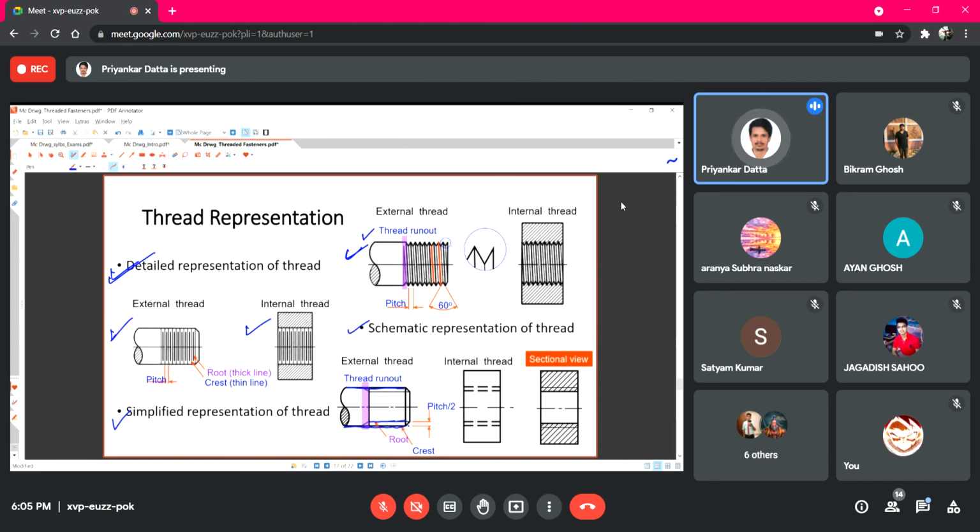Here at the end, if you have noticed, some countersinking or chamfering is done, so that when this front edge is put into a hole, it is easier to insert. Because of that, some inclination is given, that is 45 degree, and this inclination is approximately 30 degree with horizontal, right? This part indicates the thread runout. So this is the front view.